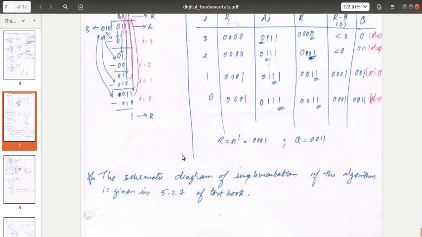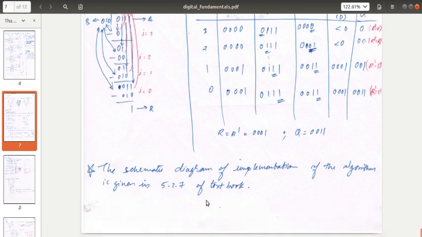And the schematic diagram of the implementation of the algorithm using hardware is given in the textbook in image 5 to 7. Okay, so by this we conclude our lectures on digital fundamentals,